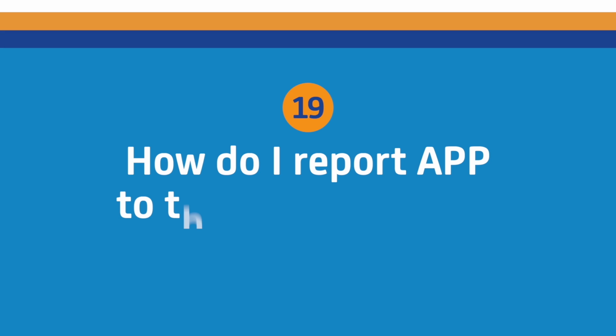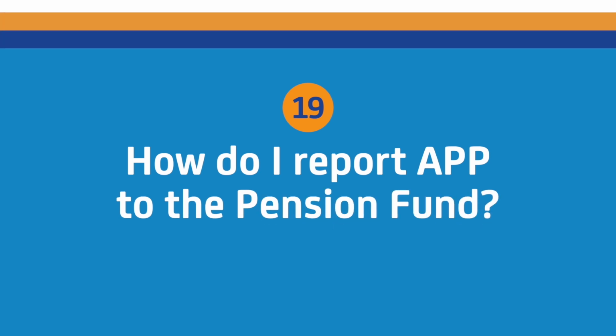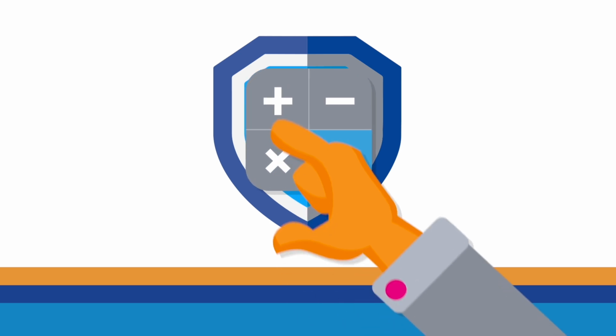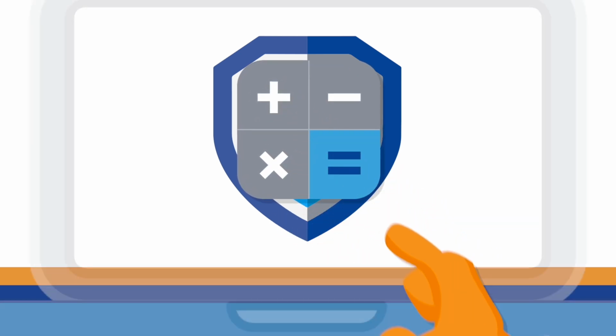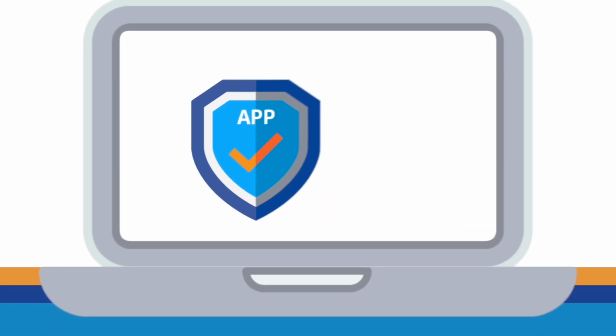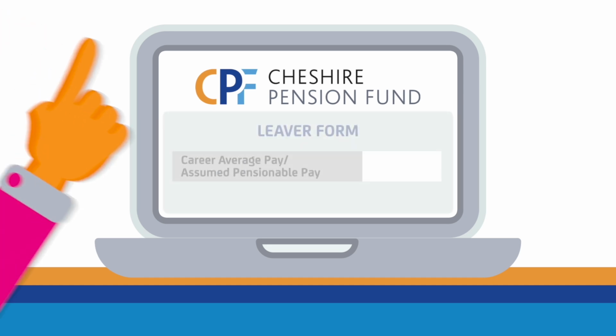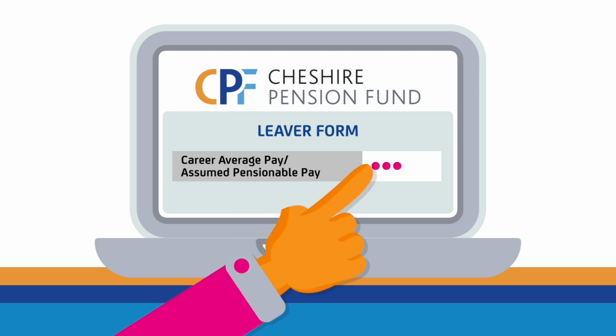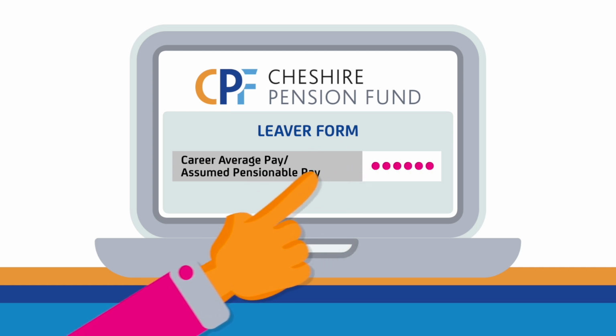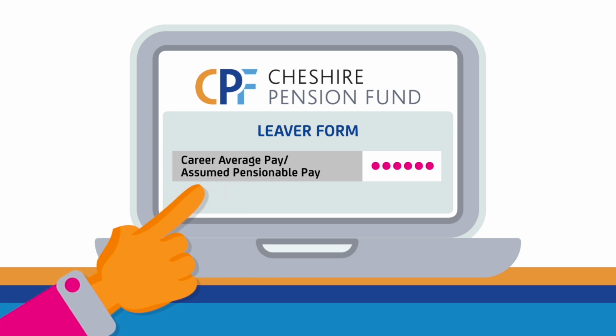How do I report assumed pensionable pay to the pension fund? Once you've calculated an employee's APP figure, you'll need to report this to us either as an annual, monthly, or an apportioned amount. When you're providing a leaver form, you'll need to report the employee's cumulative main section earnings figure. You should report this figure to us in the career average pay